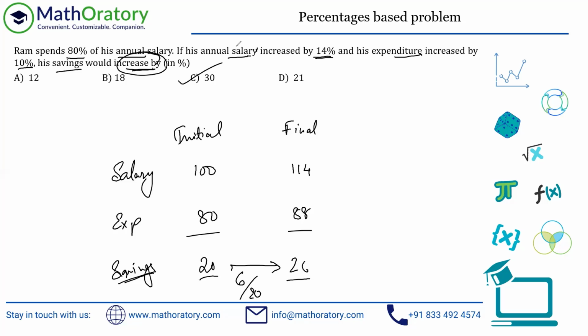In these cases, you can assume variables. So if you do assume variables, don't consider this to be X. My suggestion, consider that to be 100X. Then everything you'll get in terms of X, and you will get the same answer, no issues at all. Just avoid fractions. That is my point. In calculation, as much fractions and decimals you can avoid, that much faster your calculation will automatically become. By the way, this is the entire thing that I wanted to discuss for this problem.